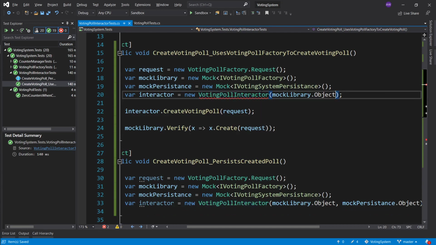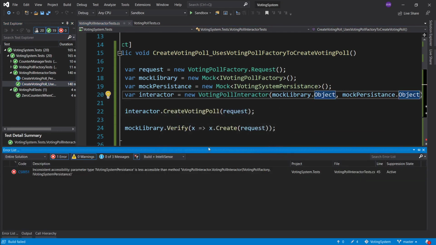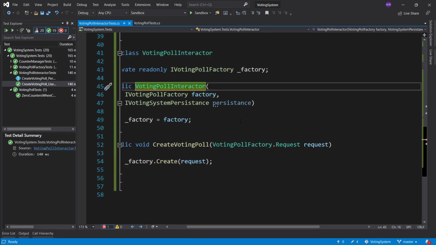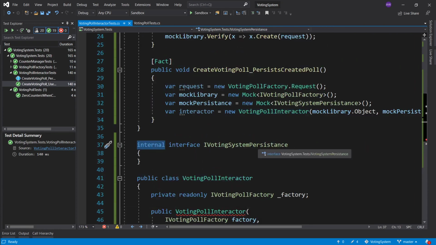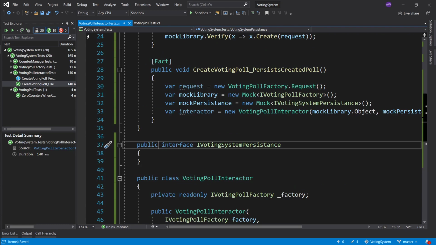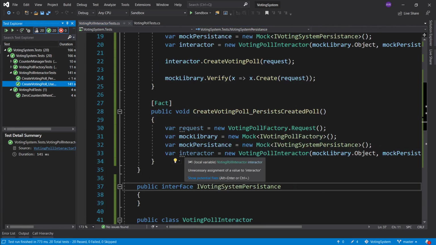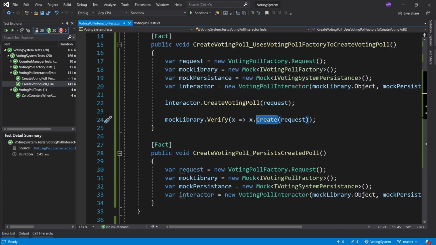Let's fix this test, and let's pass the object. Let's make sure that the test still runs. And it looks like there is a less accessible... Oh, internal. Okay, so this needs to be public. Let's go ahead and run this. So everything's passing. Now what we want to do is essentially test that the create function of the factory,